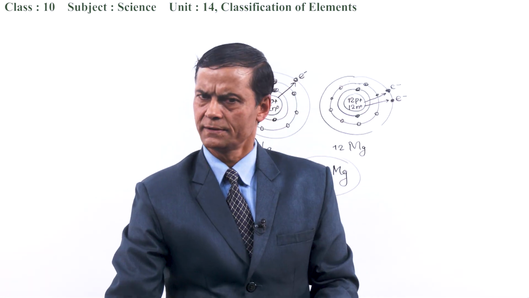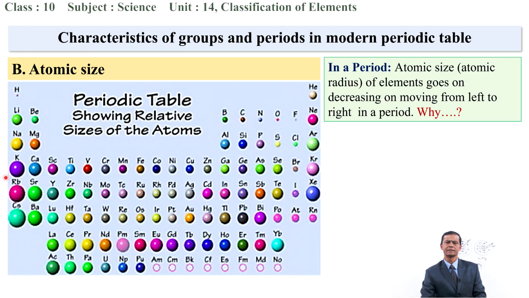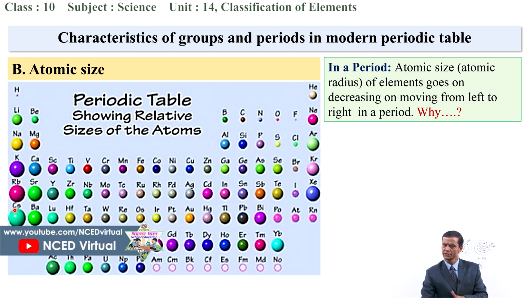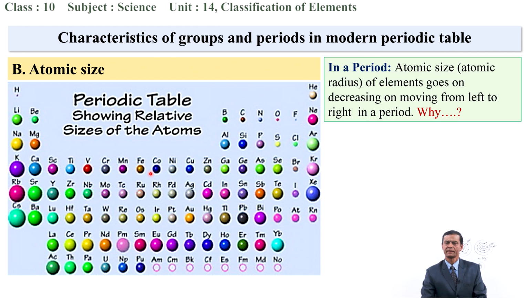Let's check here from the chart, isn't it? Look at it. From top to bottom, atomic size goes on increasing. From left to right, it goes on decreasing. As the atomic number increases, valence electrons increase, then the atom is more concentrated towards the nucleus. But it is quite an exceptional case in the zero group